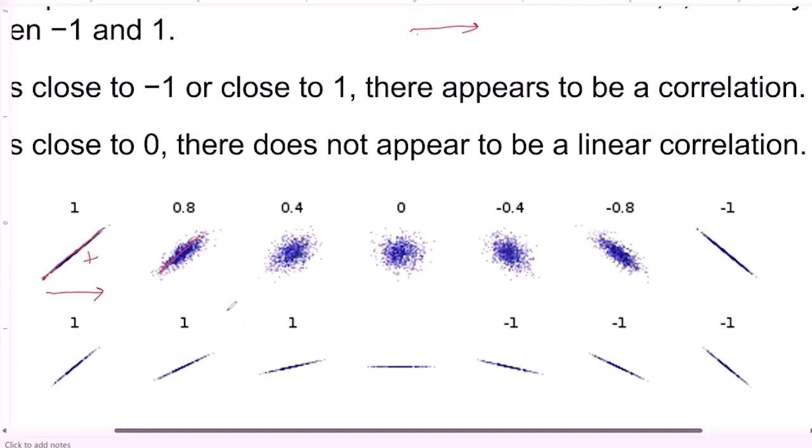Now, notice at 0.4, it's getting harder to tell. We know it's not going down, but you can almost tell it's increasing, but it is getting harder and it's got a very small r. And this one, 0, you can't tell anything. It just looks like it's going around in a circle. And then again, -0.4. If this is going up, this is coming down, but it's not very distinct, which is why it has